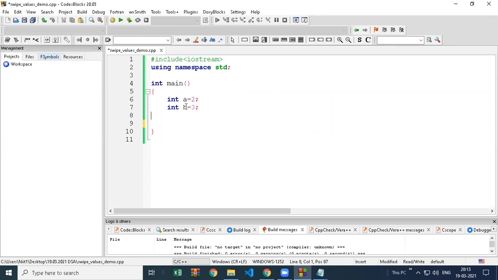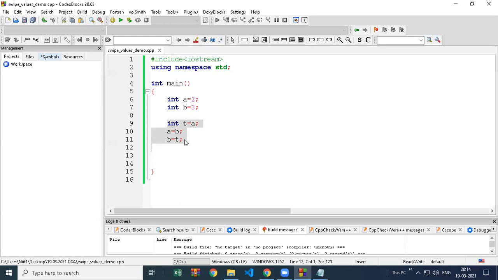Sir, yes. We will take one more variable, pass a value into it, and then put the value into a. Right. So we can take one more variable to store the value of a, meanwhile pass the value of b into a, and then again take that value into b. This is a logic you can use.